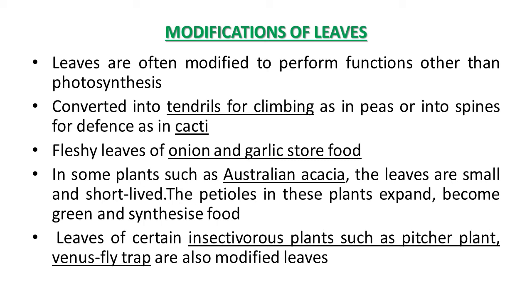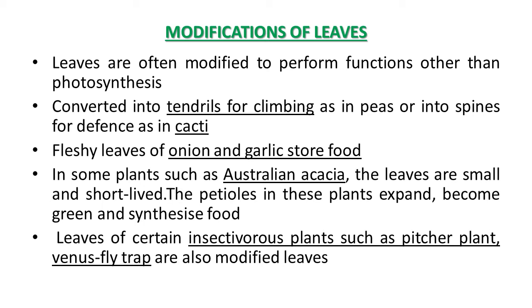In some plants, leaves are converted into tendrils for climbing purpose. Commonly it is observed in peas. Sometimes it is also modified into spiny structures for defense in plants like cactus. When they are converted into tendril like structures, they are long thread like structures, spirally coiled, and they facilitate the function of climbing in pea plant. In some plants like cactus, leaves are modified into spine like structures for defense or protection.